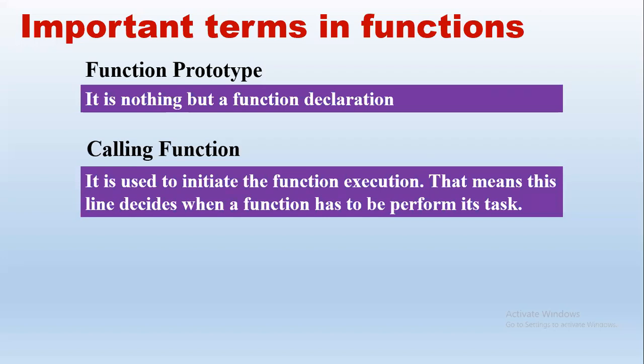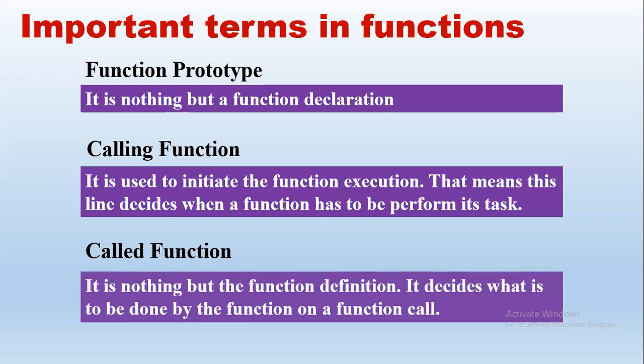So if we have add of 2, 4, we just saw that, that is the function call. So whichever function is calling, that is the calling function. Say in main, we have given a function call, then main becomes the calling function. So if we give add of 2, 4, then that add is the called function, the user defined function which we have given. So calling function is main, called function will be add. Okay.